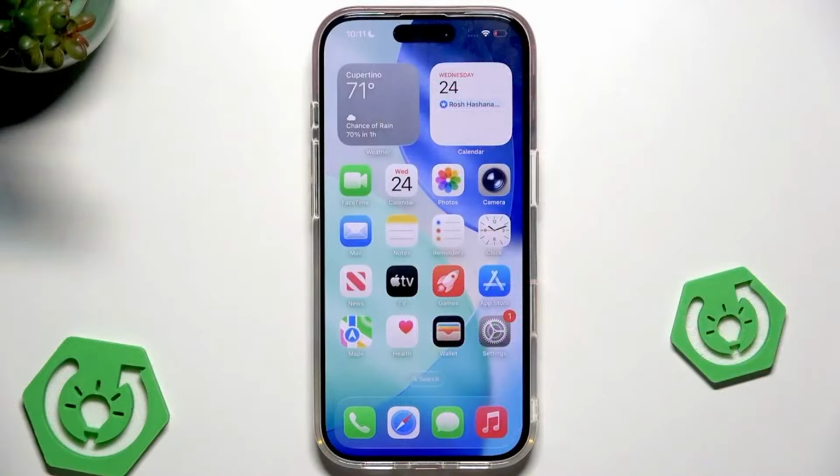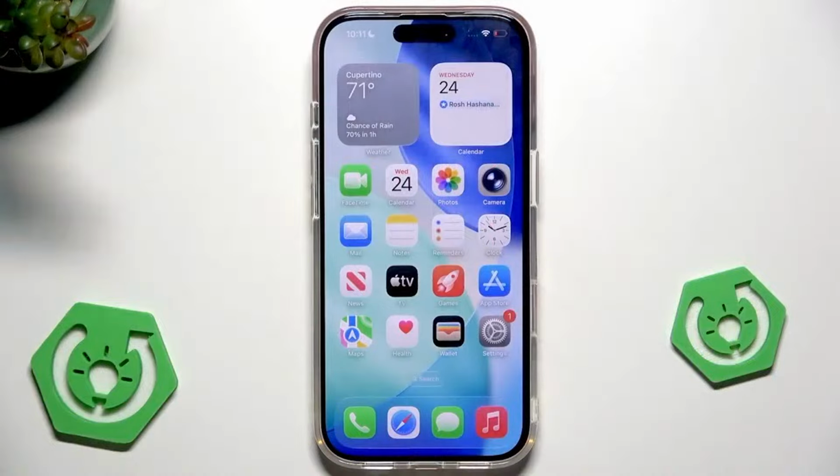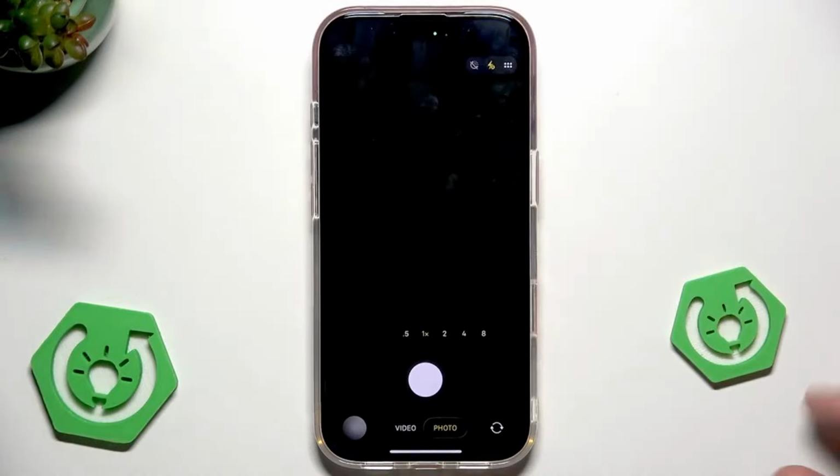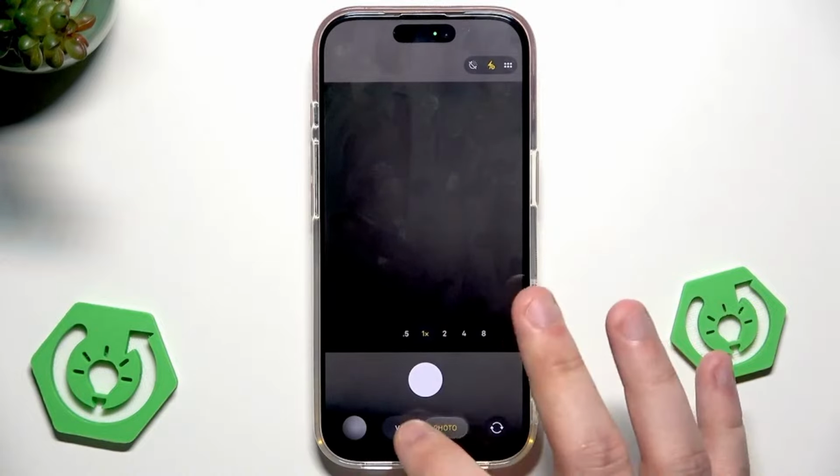Hello, in this video I'm going to show the camera tricks on iPhone 17 Pro. Alright, so let's launch our camera and let me show you the most interesting features that we have when it comes to our camera. Alright, so when it comes to the iOS 26,